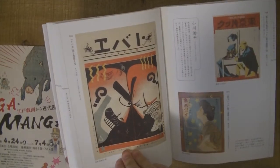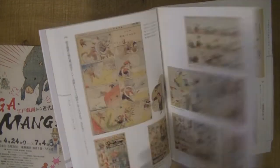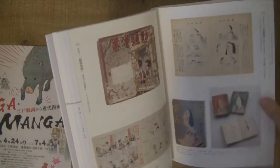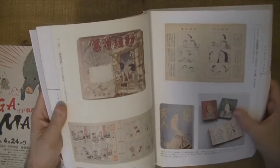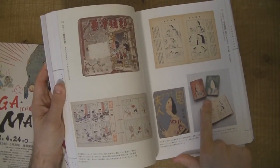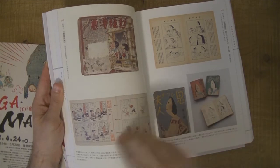And yeah, as we go further on into World War II, I want to get this section over with because I've already been through this book once before and spent about half an hour looking at it. This was something like the patriotic women's manga,